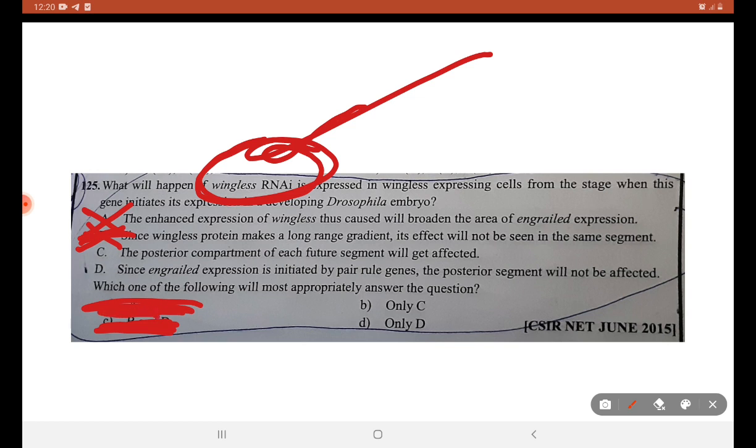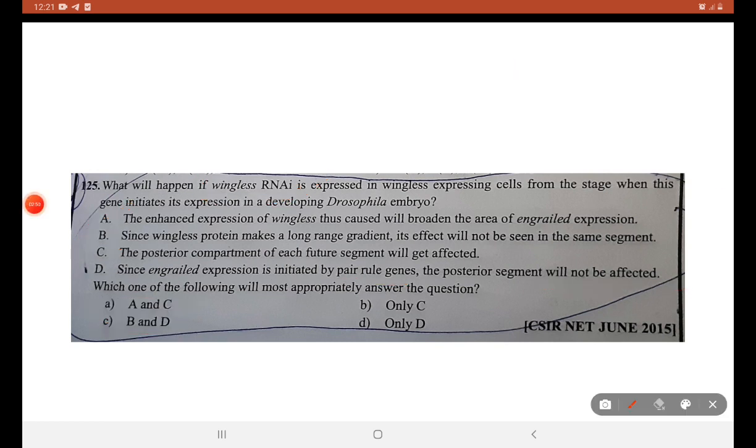Since engrailed expression is initiated by pair rule genes, posterior segment will not be formed. We are speaking only about wingless, so we have nothing to do with that. Yes, wingless. The concept here is